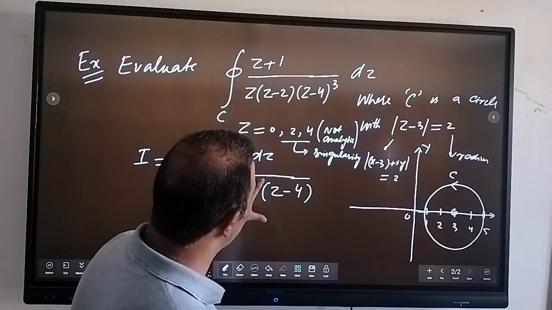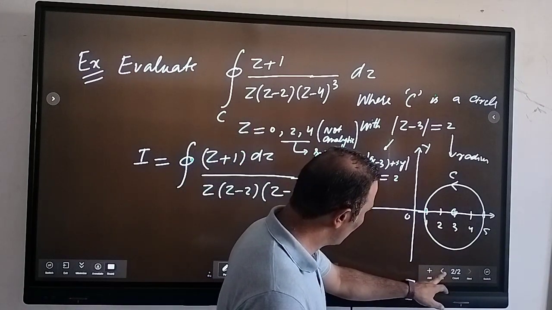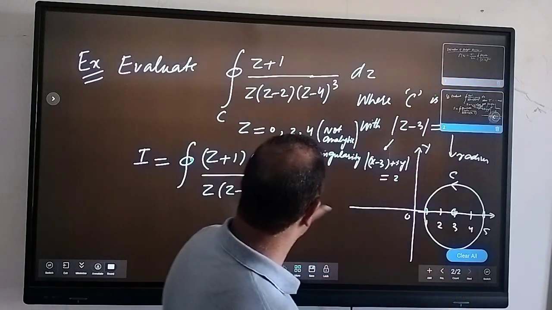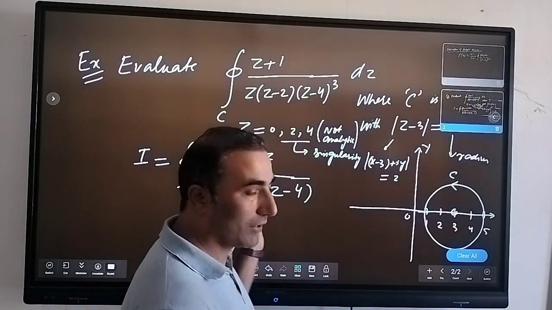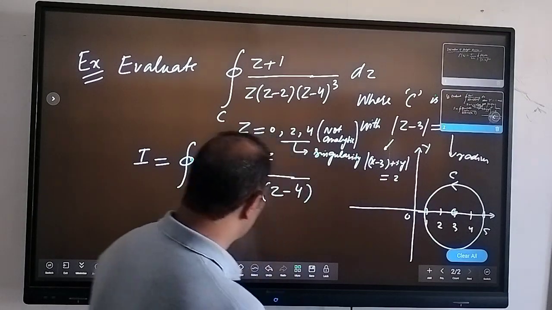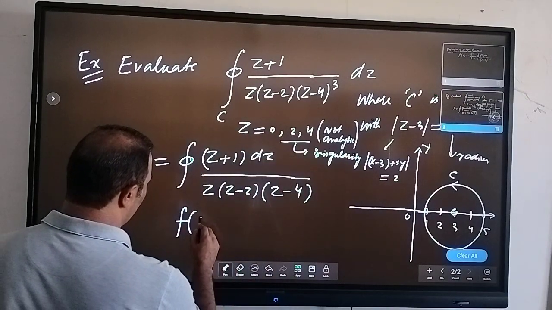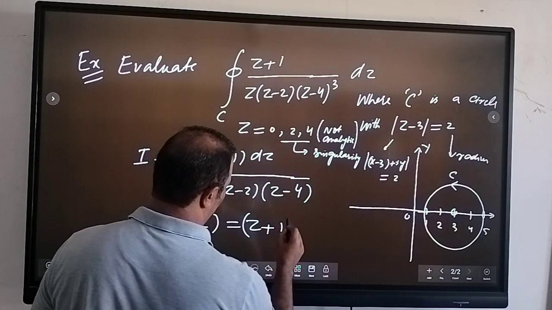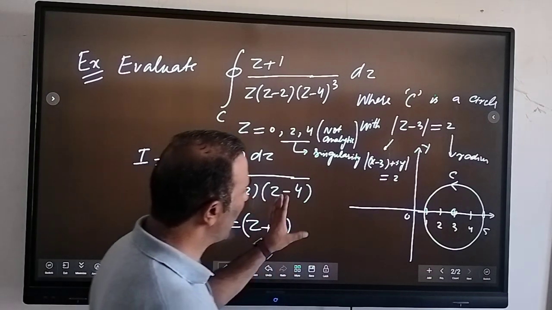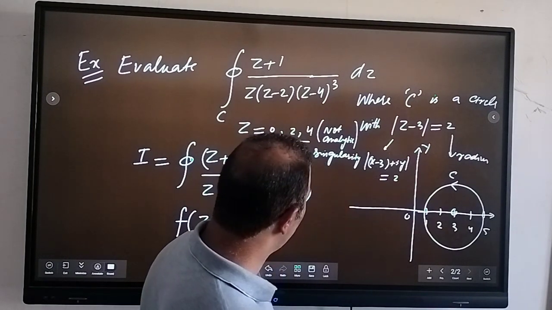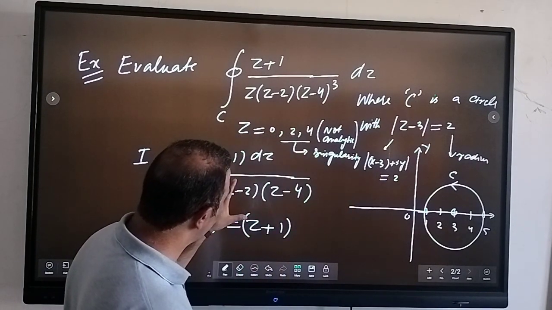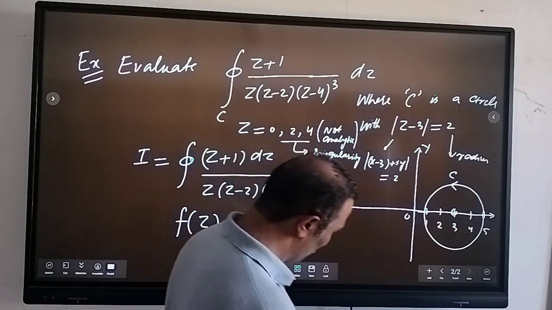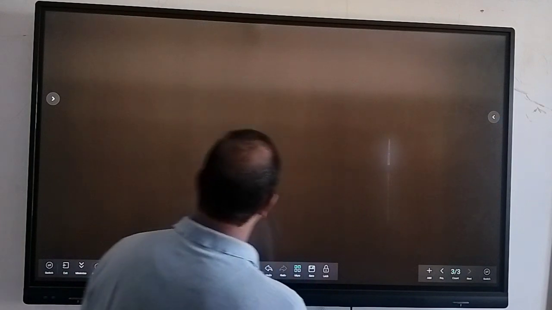So what will be f of z here? If we go back to our function, we have this kind of function, that is f of z. In our present case, for our integral, our f of z is z plus 1. So f of z is equal to z plus 1. Now I need to add one more point. First we can split it because we have three kinds of factors here, and it is a cube here. So this integral I can write as